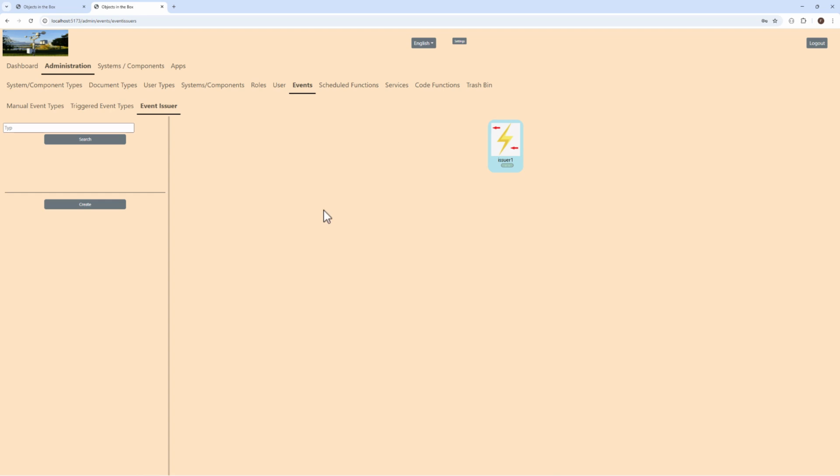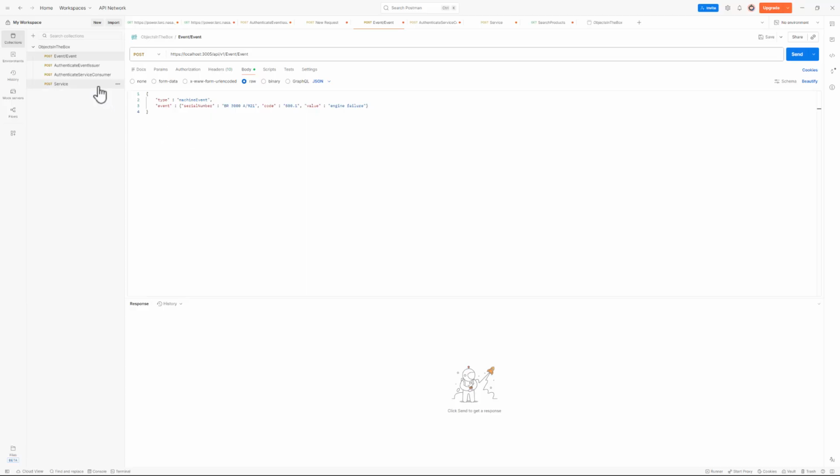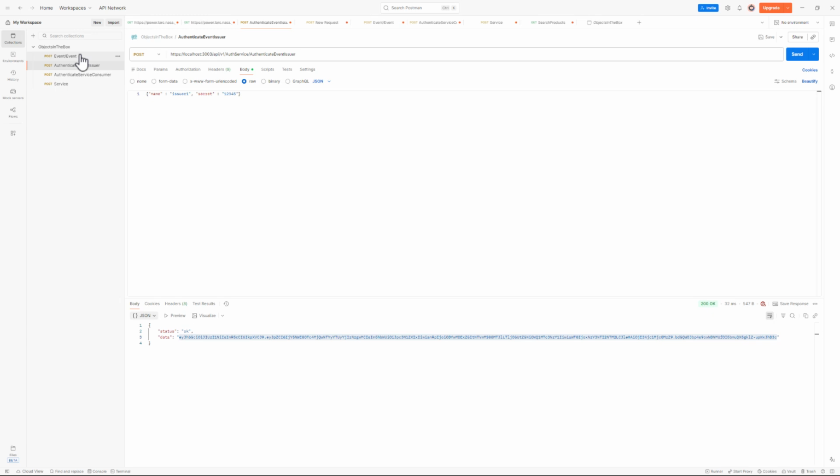Now I will go for trying out to issue a triggered event using Postman. The first two APIs are important for us for issuing a triggered event. The other ones are about services. That's what's coming next. For raising a triggered event, as already explained, first I need to determine a valid authentication